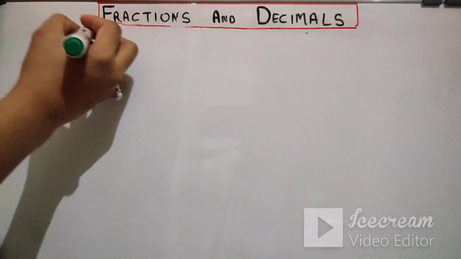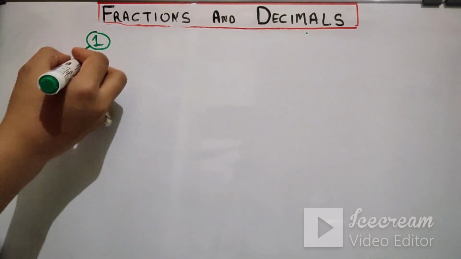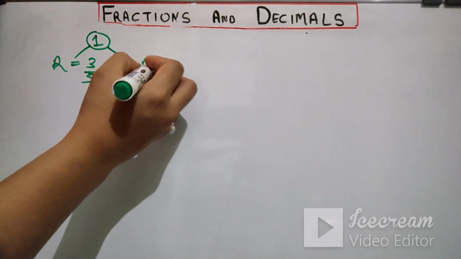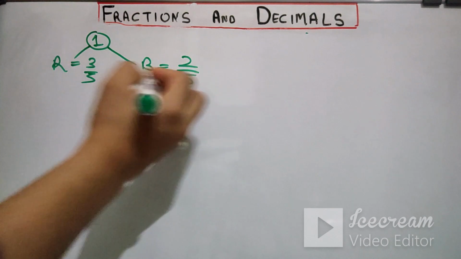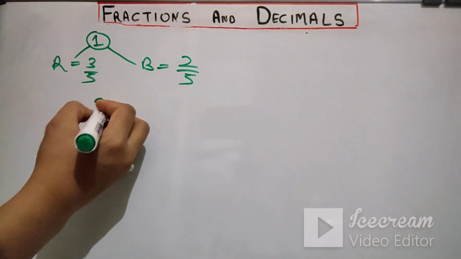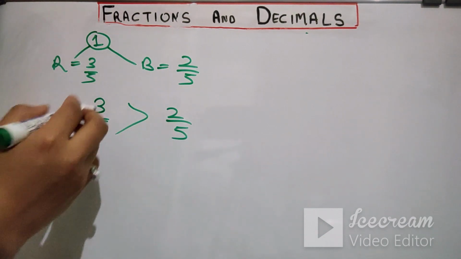So it was given that 1 is the apple का whole part. Okay, रितु ने कितना एप्पल खाया? 3/5 एप्पल खाया. ओके उसके ब्रदर जो था उसने एप्पल कितना खाया? 2/5. ये हमने निकाला था. अब वो ये पूछ रहा है हु हैड द लार्जेस्ट शेयर. लार्जेस्ट शेयर किसके पास था? एक के पास है 3/5, एक के पास है 2/5.